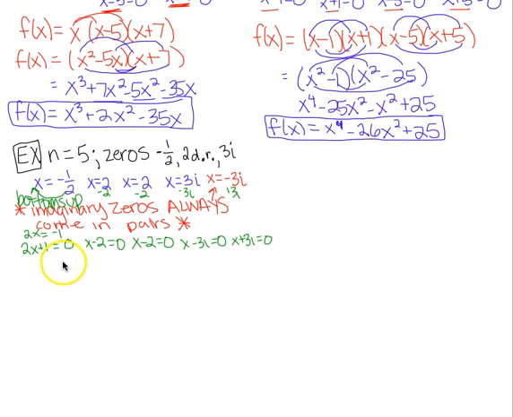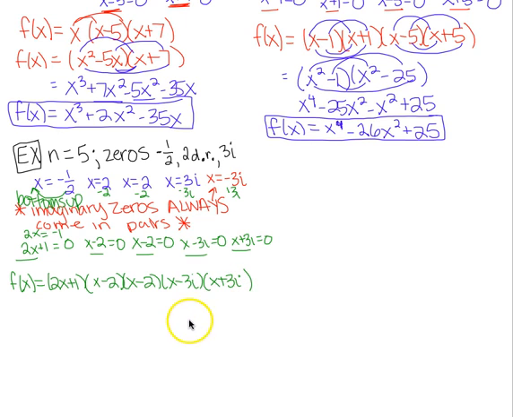Okay, now I've got all of my factors. So I write my polynomial out in factored form. So f of x equals 2x plus 1 times x minus 2 times x minus 2 times x minus 3i times x plus 3i. Now, remember that multiplication is commutative and associative, which means that the order that you multiply